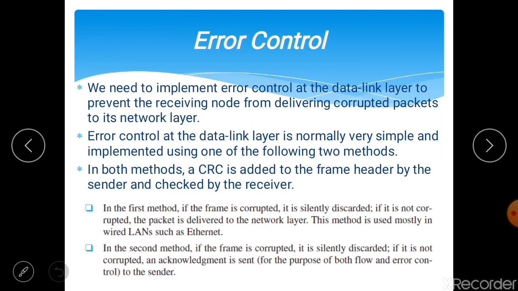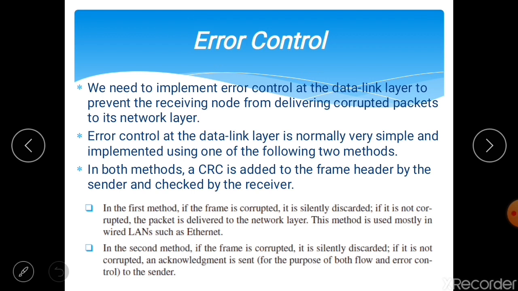So next we will see about error control. Since the underlying technology at the physical layer is not fully reliable, we need to implement error control at the data link layer to prevent the receiving node from delivering corrupted packets to the network layer.